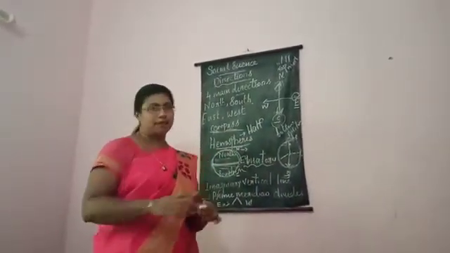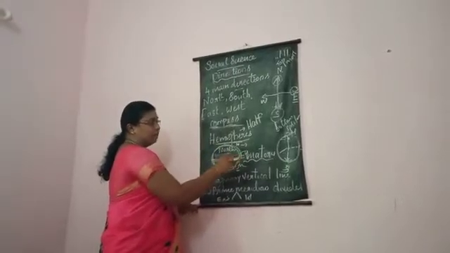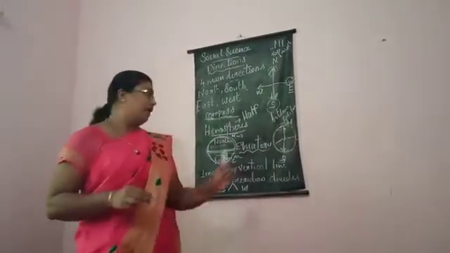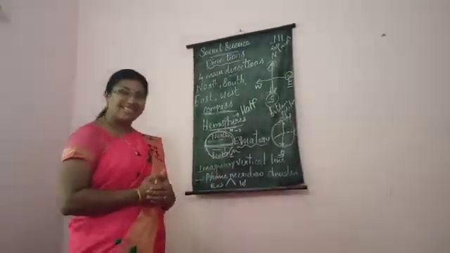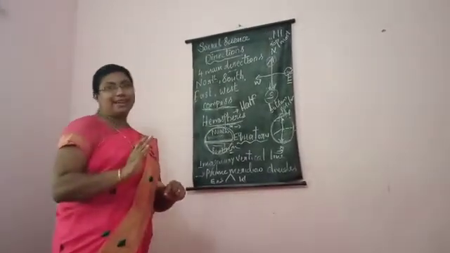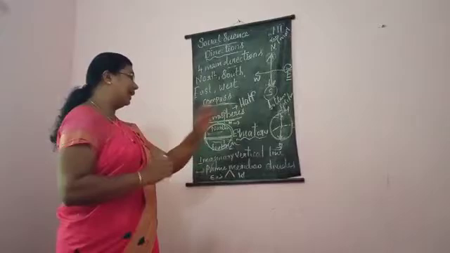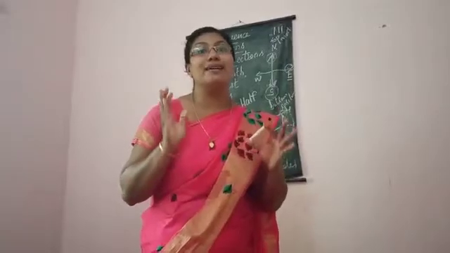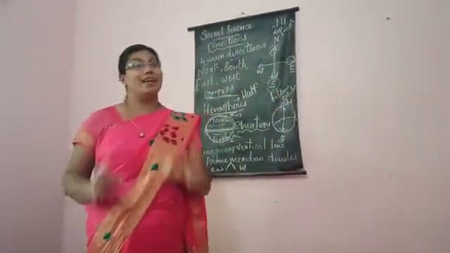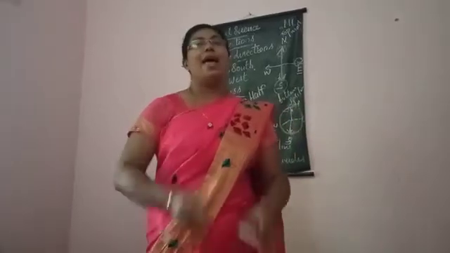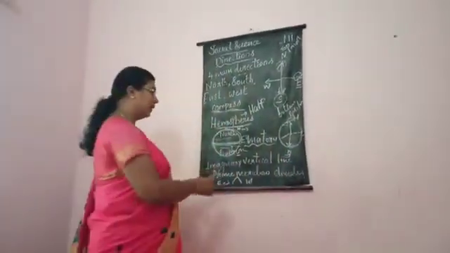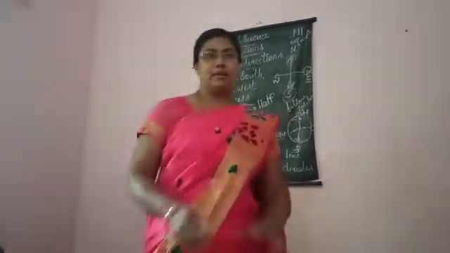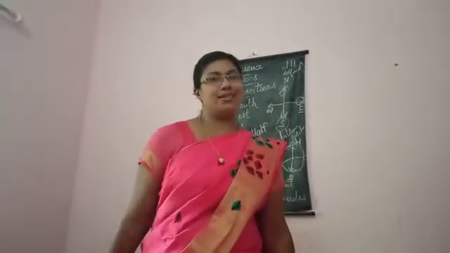Hemisphere means half. We can divide this earth with the help of the equator into two parts. Up is the Northern Hemisphere and down is the Southern Hemisphere. Other than that, this imaginary vertical line is known as the prime meridian, and the prime meridian divides the earth into two: Eastern Hemisphere and Western Hemisphere.